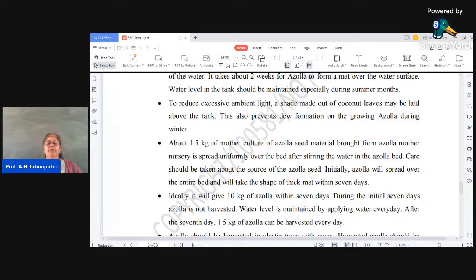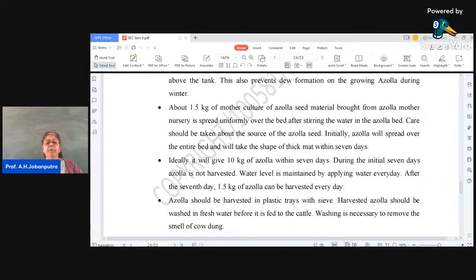Normally 10 kg of Azolla is given after 7 days. After every 7 days 10 kg is harvested. But initial 7 days you are not supposed to harvest the Azolla leaves or Azolla fern. फक्त वॉटर लेवल प्रॉपरली मेंटेन करायचं, आणि 7 दिवसानंतर तुम्ही मग 1-1 किलो किंवा 1.5-1.5 किलो असे रोज हार्वेस्ट करू